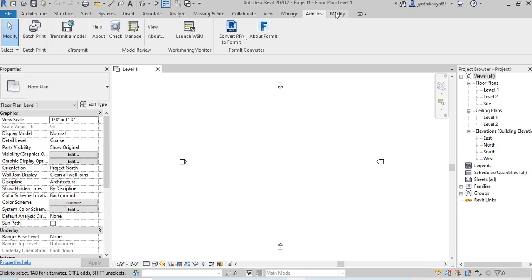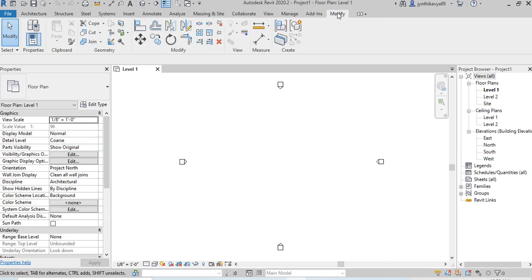The last and very important contextual ribbon or tab is modify. In modify, you can modify your model with respect to aligning it, offsetting any wall in your model, rotating, copying and pasting, mirroring, arraying, right? So all these tools related to modifying your model are placed under this section,